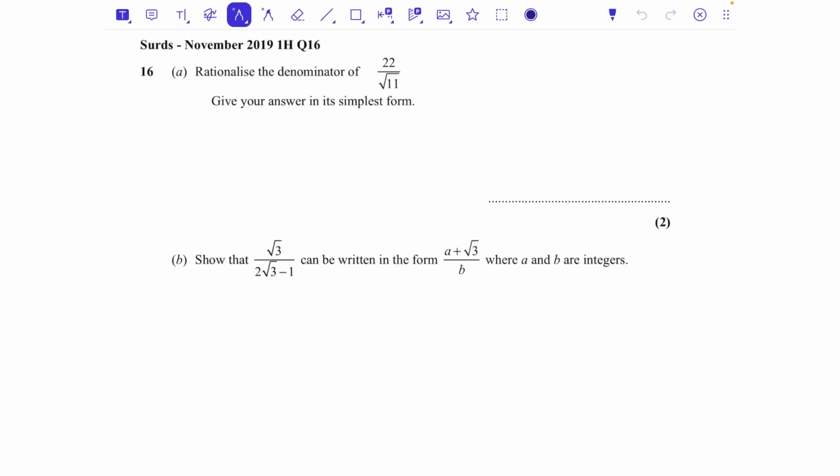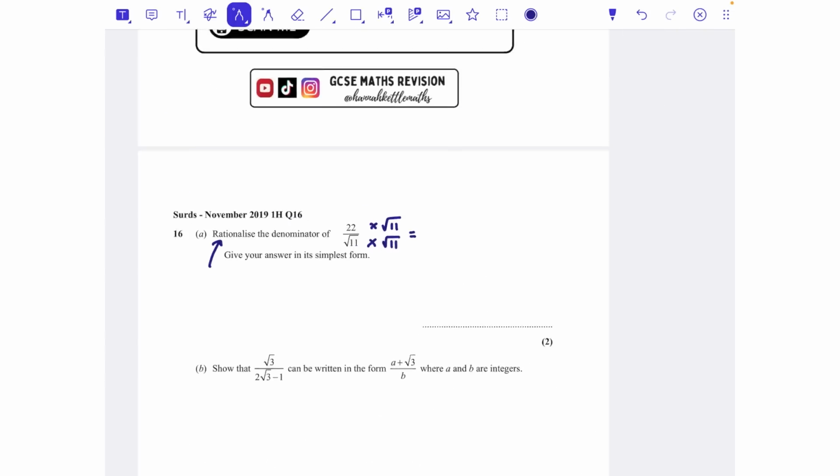So a really common topic on the non-calculator paper: rationalise the denominator. Now to rationalise just means to get rid of the surd, which is the square root, from the bottom of a fraction. We can never leave a surd on the bottom of a fraction. And the only way to get rid of a surd is to multiply it by itself. Now if you times the bottom of a fraction, to keep that fraction equivalent, you also need to multiply the top. Root 11 times root 11